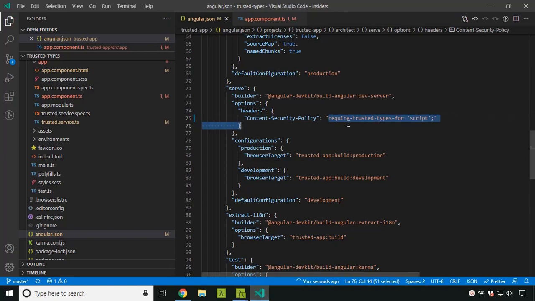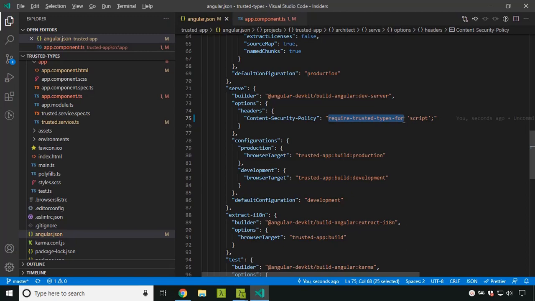It means that it will not evaluate any string data which will be passed as JavaScript. So I can define certain trusted types, and only those will be considered safe and will be bound to the actual application.